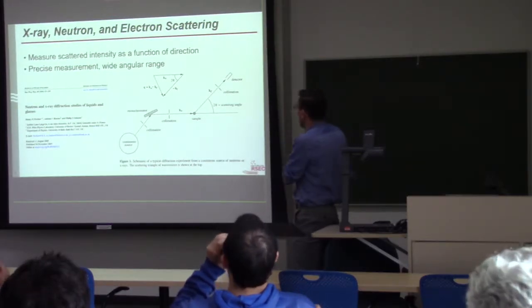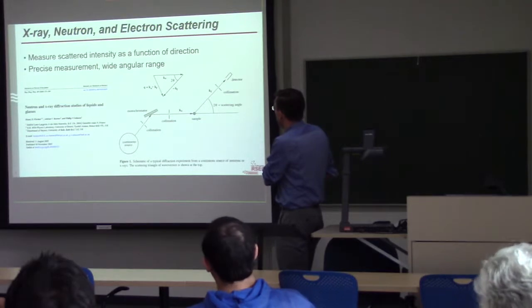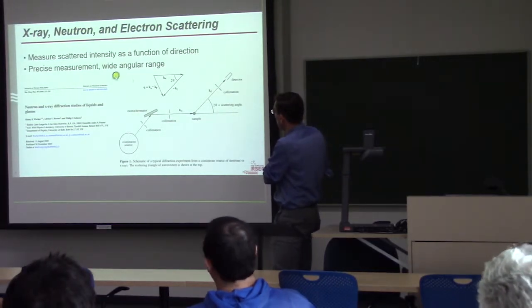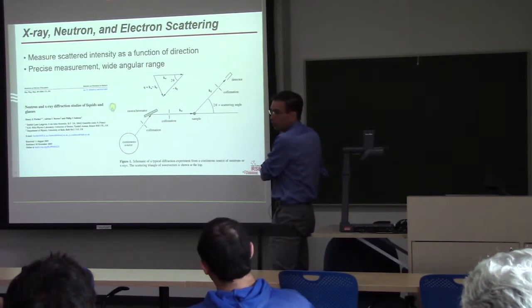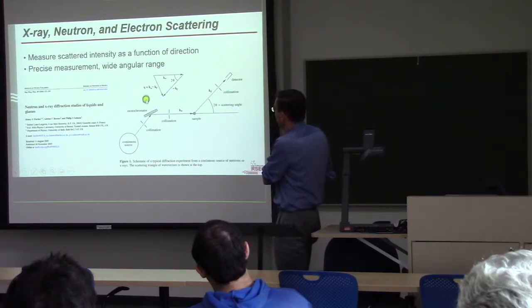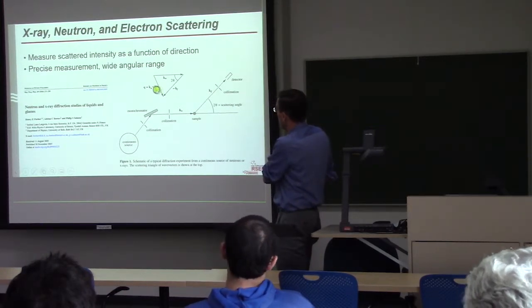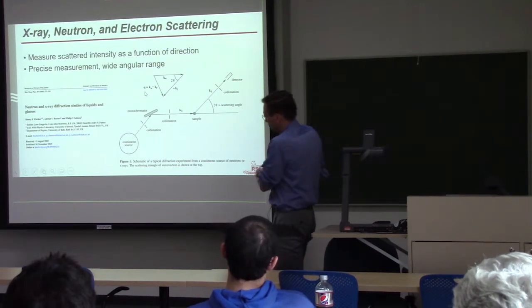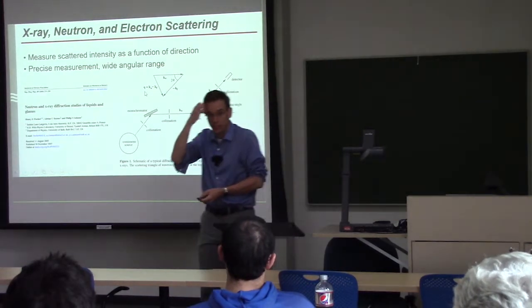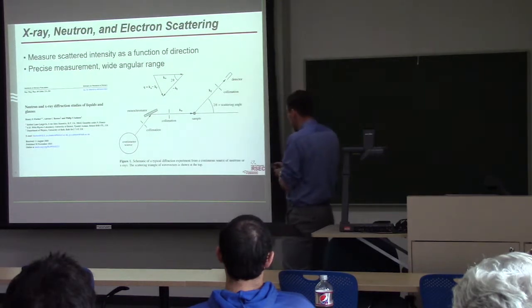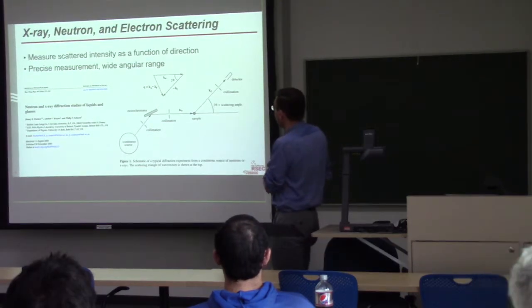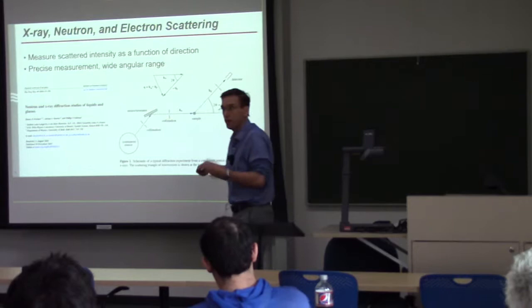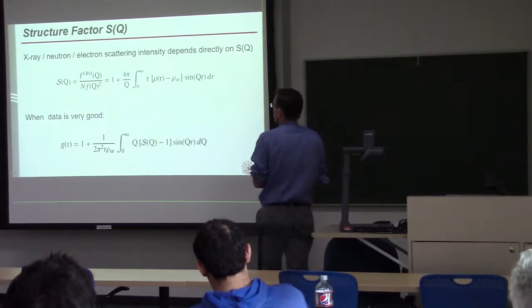And you can describe the geometry of this problem more fundamentally than using just the angle by using this wave vector Q. The wave vector is the difference between the incident and final wave vectors of the particles. That Q is of fundamental interest. That's really, really precisely defined, as I'll show you. And we can take the intensity that we measure and transform it into a structural description.